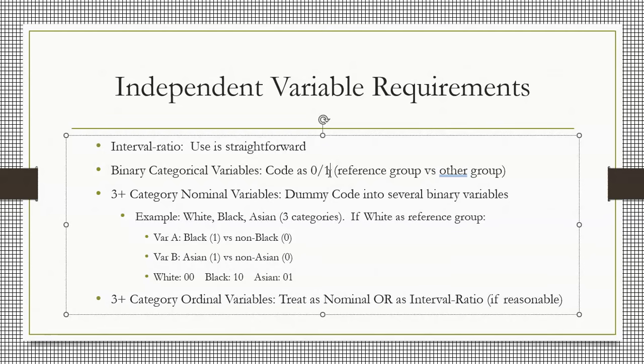If you were looking at issues related to race or ethnicity, it's very common to put white as 0, because whites in the society in which I live, which is the United States, are typically the dominant group. So in the United States, it would be common in most locales to put 0 for white and 1 for non-white if we just wanted to make a simple comparison between the white and non-white group. What it would mean is that the partial slope that comes out of the estimation